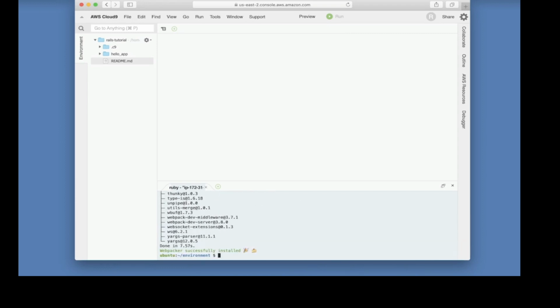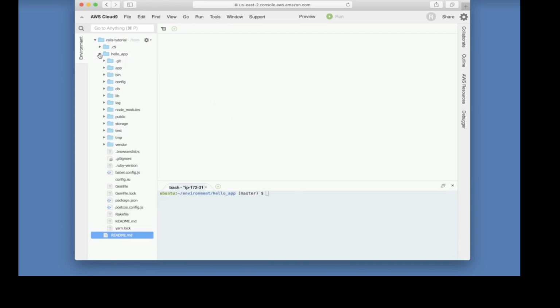All right, it's all set up. Now, that might take a minute or two, but I think this is working. Let's cd into the directory, change directory Hello App, and we can also see here, look at the file tree, and these are all the files and directories created